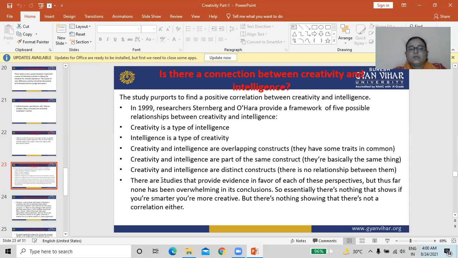In 1999, researchers Sternberg and O'Hara provided a framework of five possible relationships between creativity and intelligence.